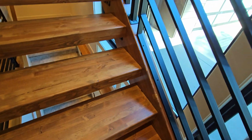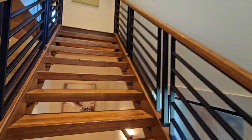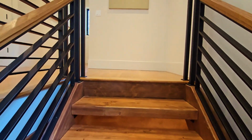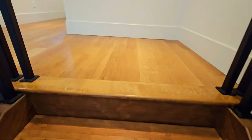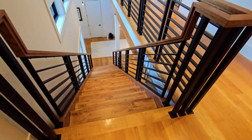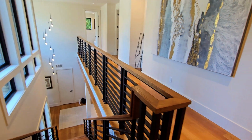Really super cool, super solid. These felt super solid as I was walking up them. I really like the design. I like the openness of it. Again, all of the light that's flowing in from the multi-story of windows here. And again, just real wood. I also like that the stairs complement the other wood heading up here, so the wood textures don't clash with